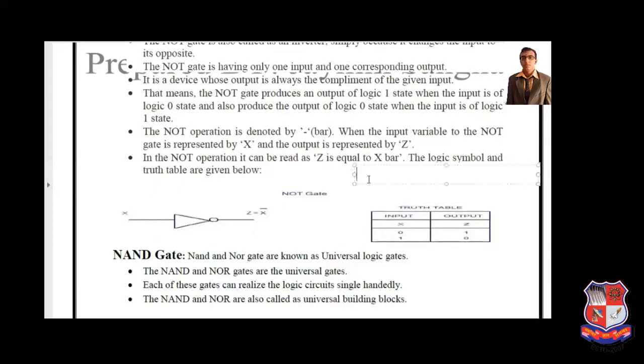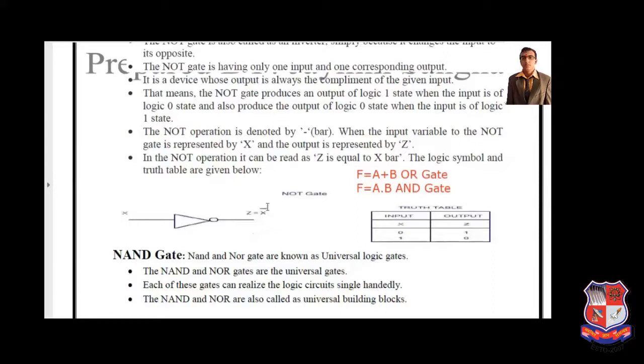Simply say that for OR gate, it can be considered as an addition if A, B both are input. Then multiplication for AND gate. Now what is the equation of NOT gate? Simply invert. If 0 is applied here, then output is 1. If 1 is applied here, output is 0. They are complements of each other, mathematically speaking.